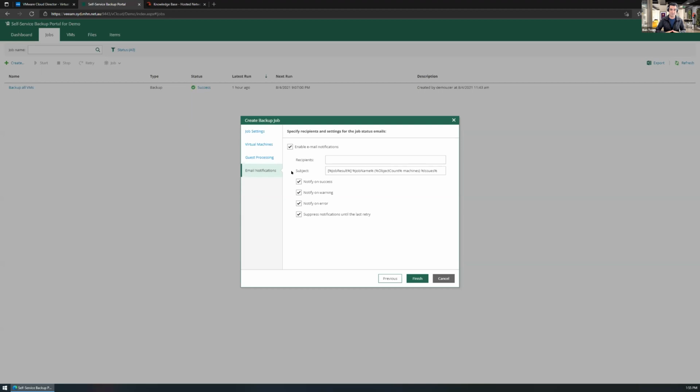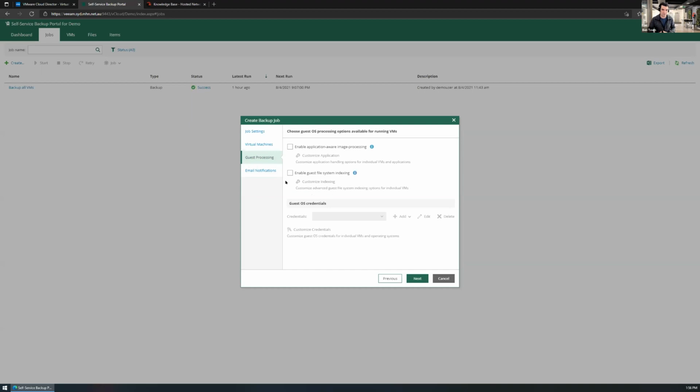And that might be anything from backup quota. It might be the guest processing, or the credentials that you entered have expired or something like that. But you can have those notifications sent to you. You are responsible for checking them, but we do provide a layer of our own checks each day as well. So we'll keep an eye on it, because if it does pop up that it's failing and it's a problem that's outside of your control, we'll take over and deal with it for you.